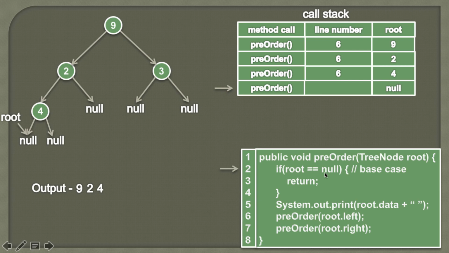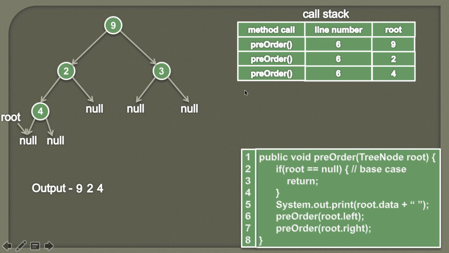So we'll again execute the pre-order method. We'll check whether root is equal to null. So currently if you see, root is equal to null. So we have reached our base case. So this base case will help us in exiting the recursion. And as we know that we are left with no more nodes in the left subtree to traverse, therefore we'll simply return from this method. So when we return, this method gets executed, so it gets removed from the call stack.